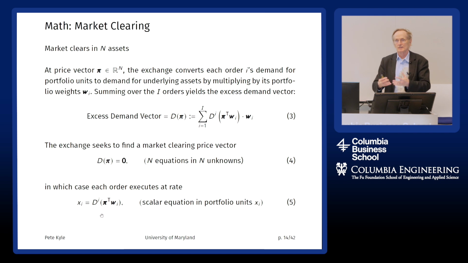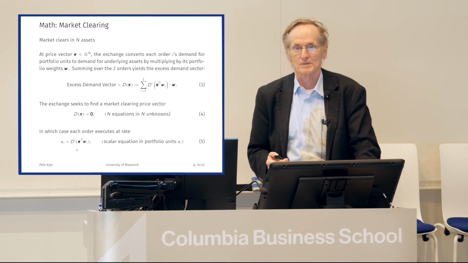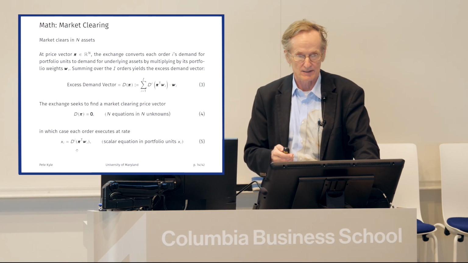If I submit an order, maybe we start with some market clearing prices, but I submit a non-trivial order to buy the S&P 500. Well, 500 prices are going to obviously change, and probably all 1,000 prices are going to change. But suppose I submit an order to just buy one share of Google. Well, potentially the price of all 1,000 assets in the market is going to change, because there may be portfolio orders connecting all of the assets together.